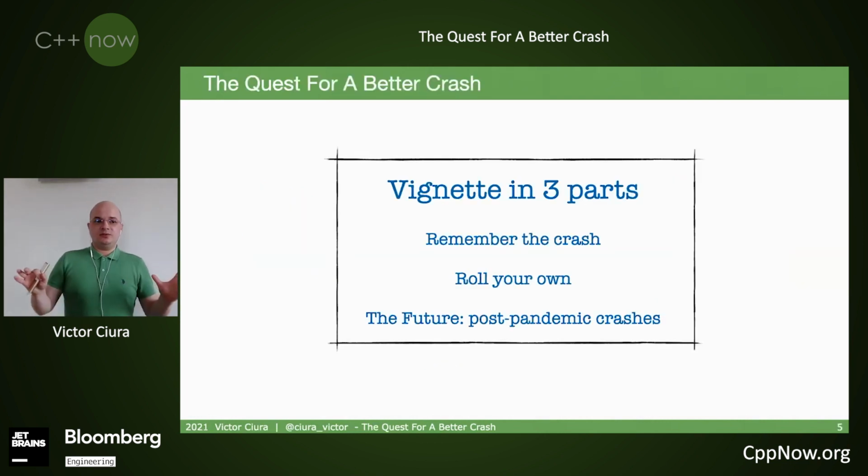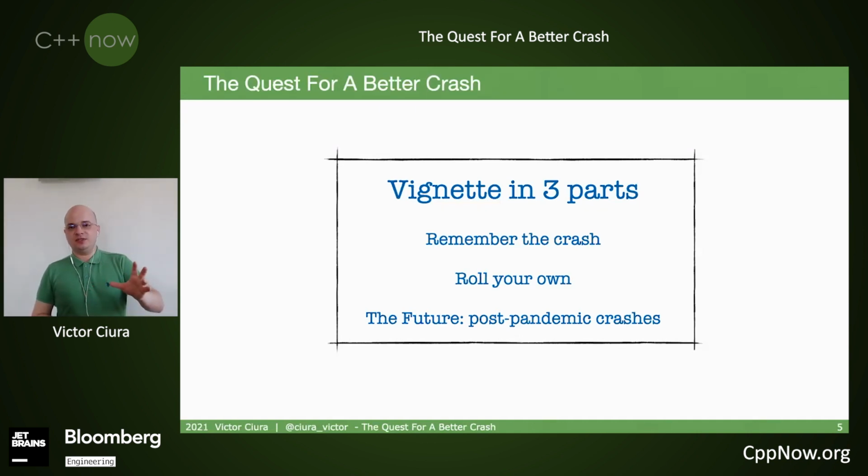So this quest I'm going to take you on has really 3 main parts. We're going to try to remember the crash so that we can construct a context and see what we're after, and see the bits that we need to reconstruct that context on the developer machine, not on the actual production machine where the crash happened.